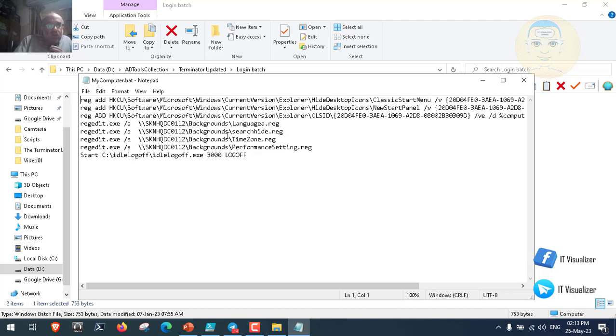Okay, so a couple of things. It will set the language to a certain language. For the keyboard, it will add a keyboard for the user. It will hide the search bar in Windows. It will set a certain time zone, the Egypt time zone, and the performance settings. It will disable all of the visual settings in Windows to make it faster,